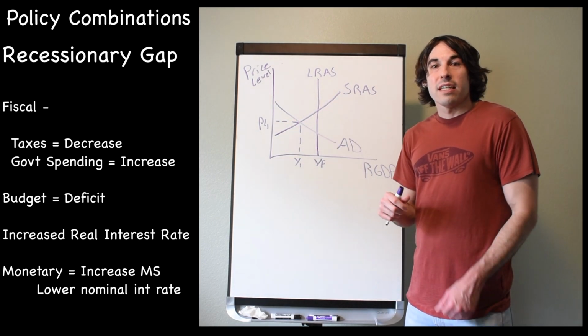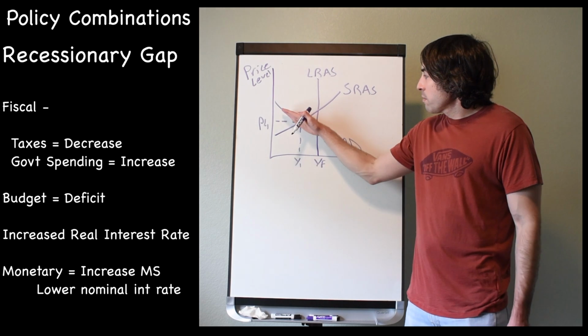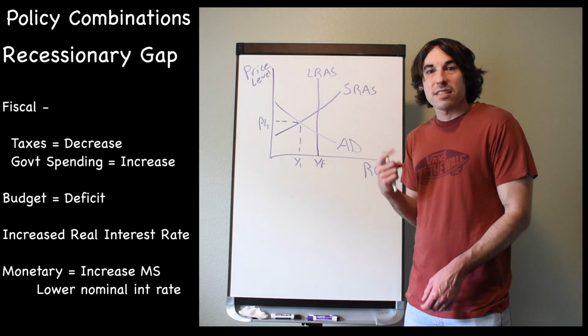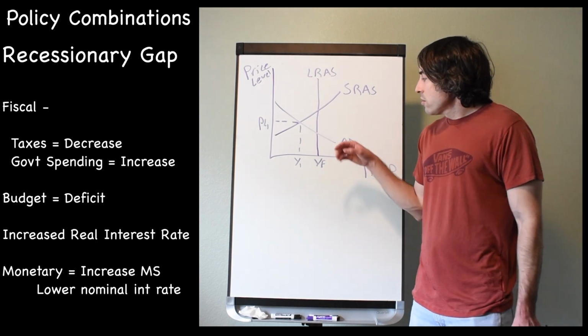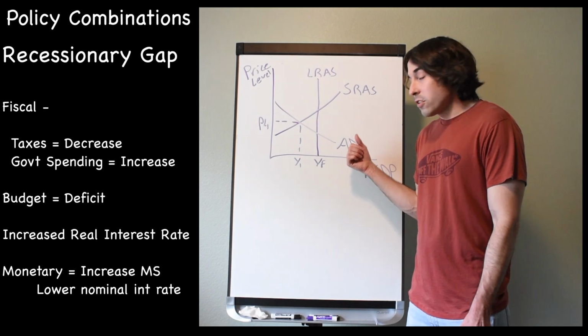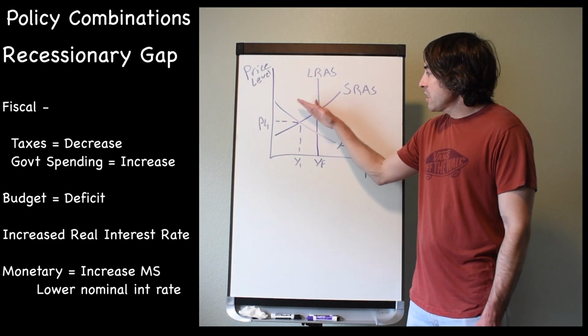At the same time, we're also going to increase government spending in order to help get out of that recession. Government spending is part of aggregate demand. Remember, aggregate demand is C, I, G, and X. So lowering taxes helps consumer spending. Increasing government spending, well, the curve is made up of government spending, and so aggregate demand increases and shifts to